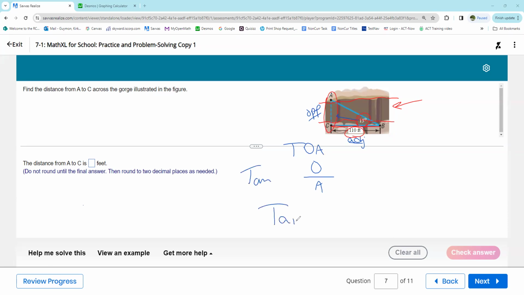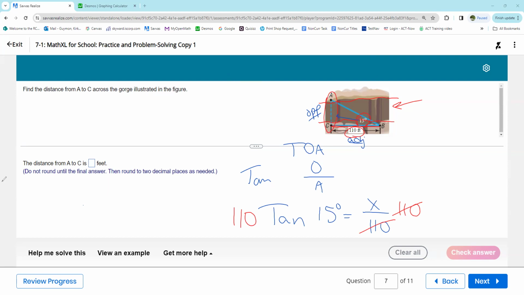Let's write it down here where I can write the whole thing. Tangent of my angle, 15 degrees, equals my opposite side, I do not know, over the adjacent side of 110, showing how we can use this to solve for something we can't measure. We can't actually get all the way across the gorge. So how do I do that? All I'm going to do is I want to solve for x, so multiply both sides by the 110. 110 times the tangent of 15 ought to do it. So 110 times the tangent of 15,